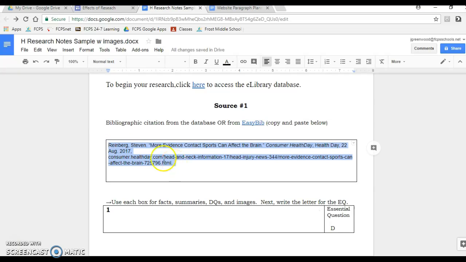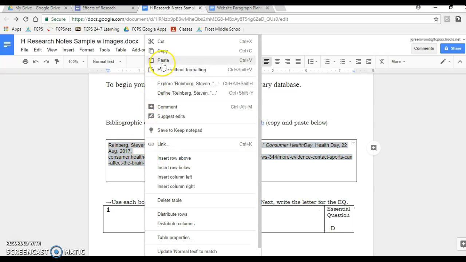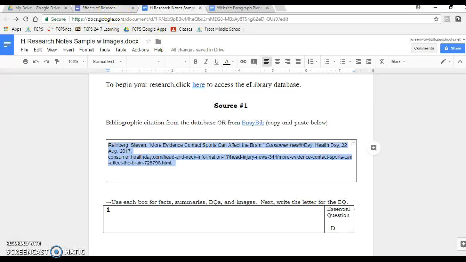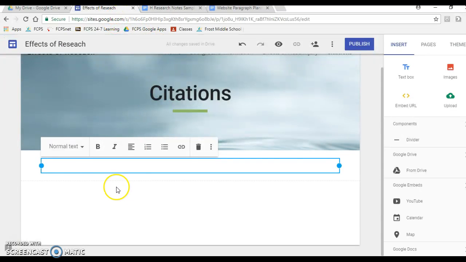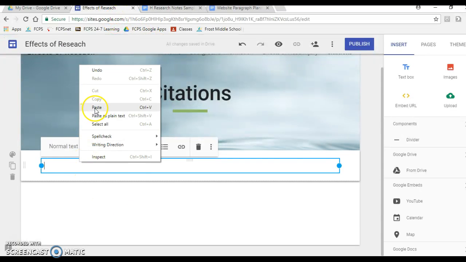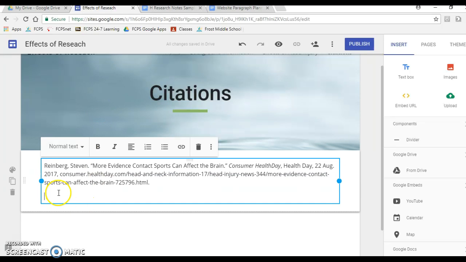We're going to just copy. Okay, easy enough to do. Copy. We'll go back to the website page. We're in our citations. We're going to copy and paste it in here. Now is when we need to think about formatting. When you saw this originally using EasyBib, this first line extended out. So you're going to want to indent the